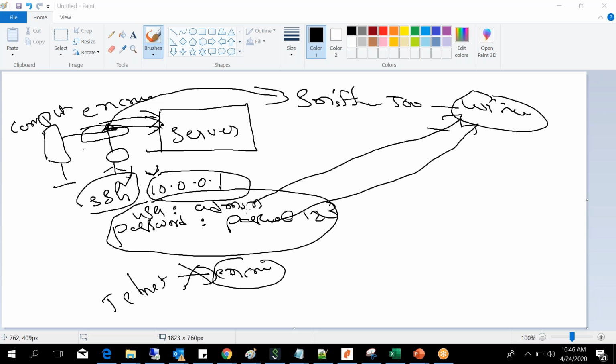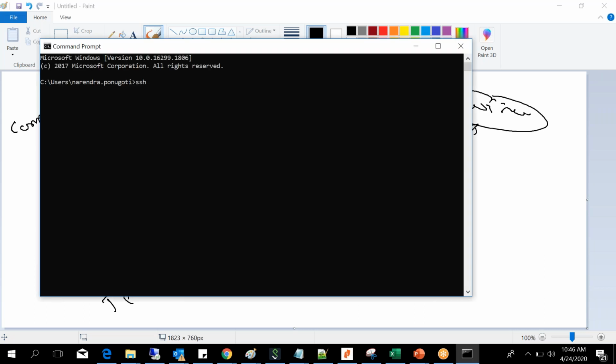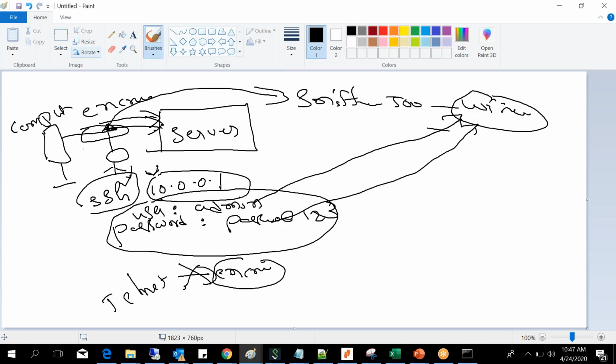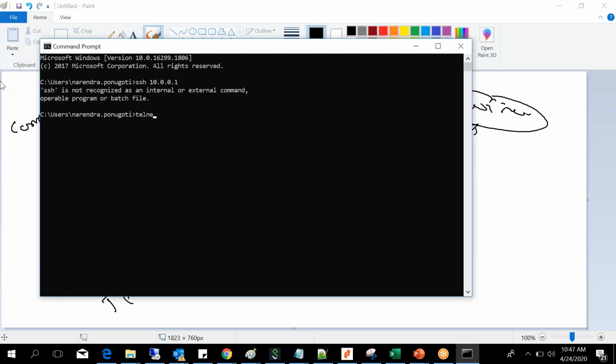If I go to the command prompt and give something like SSH, I don't have any devices right now, so it doesn't work.